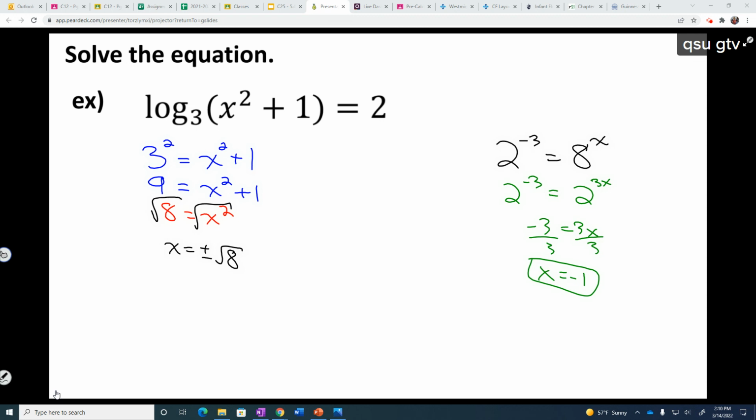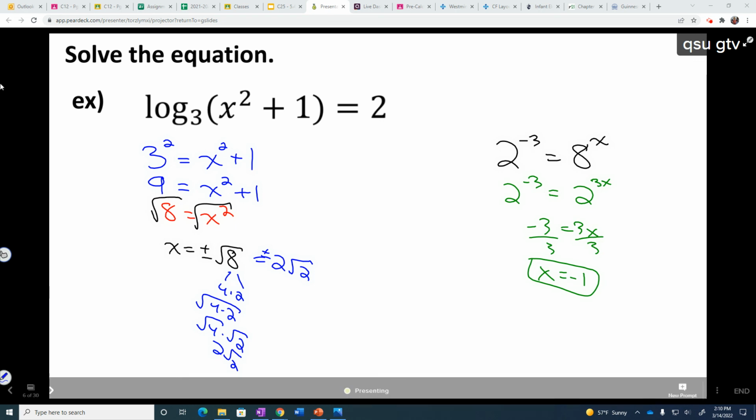Find the highest perfect square. So you divide this into 4 times 2, right? And then the 4 comes out as 2, so it's 2 radical 2. Plus or minus 2 radical 2. You pull out any perfect square. The biggest perfect square that goes in 8 is 4. So you look at it as the square root of 4 times 2, square root of 4 times square root of 2. Just 2 radical 2. That's how you get that. All right, so